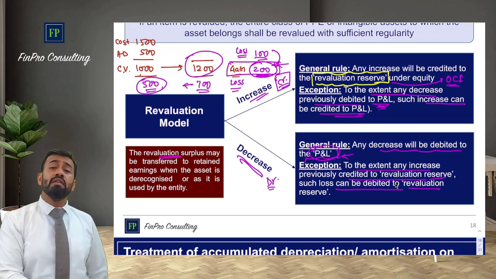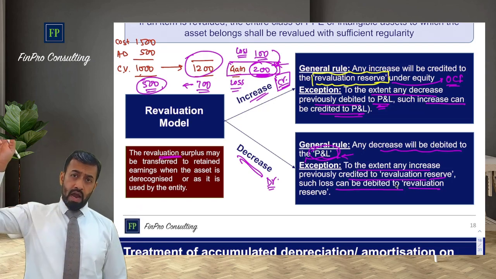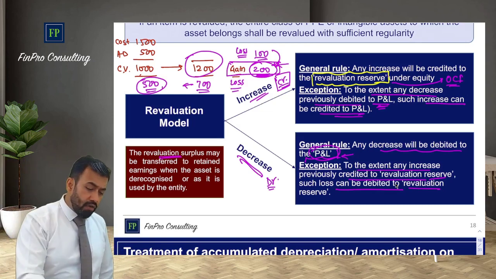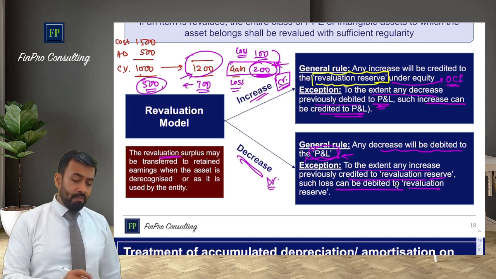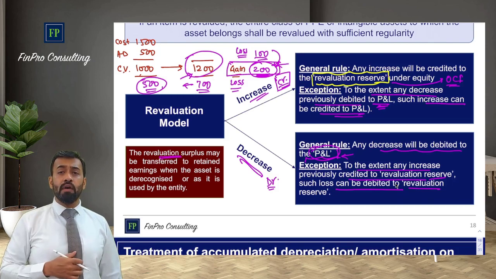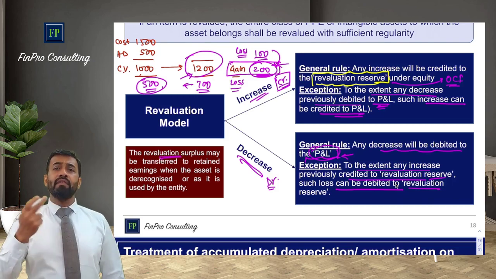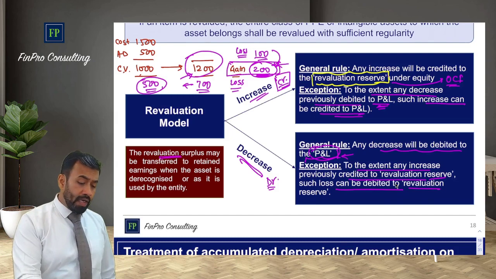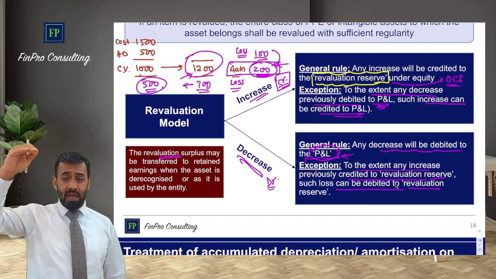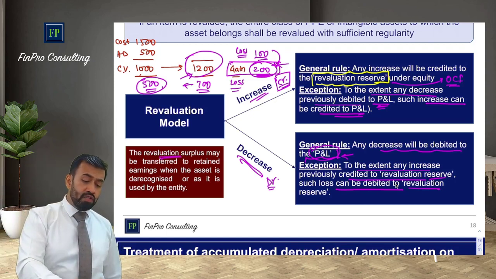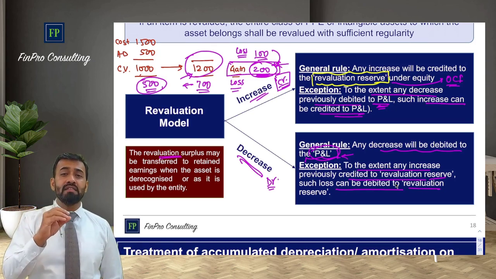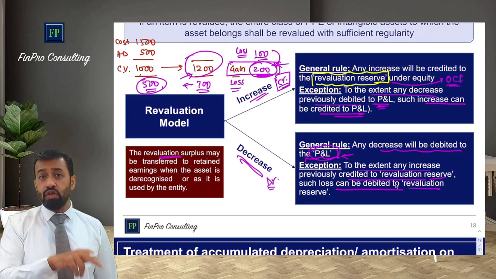We had seen this. This has to be recouped either at the end of useful life or over the remaining useful life, to the extent of additional depreciation. Let's say my balance useful life is 10 years. So my additional depreciation would be how much? 200 divided by 10, that is 20 each year. So this 20, if I debit to additional depreciation in P&L, then my credit would be released from revaluation reserve to retained earnings to neutralize the effect of additional depreciation in P&L.